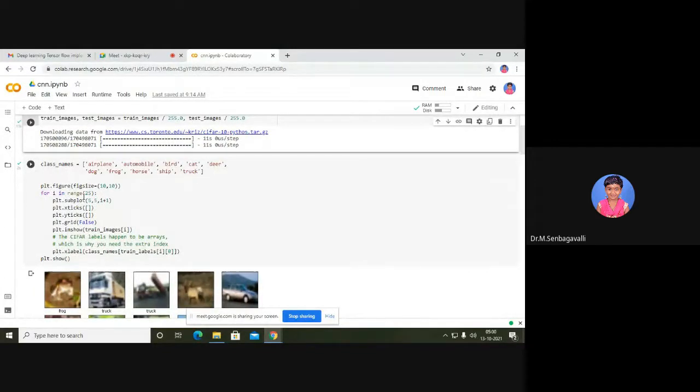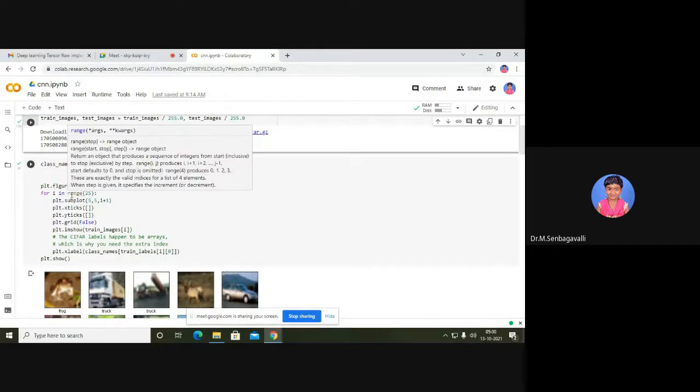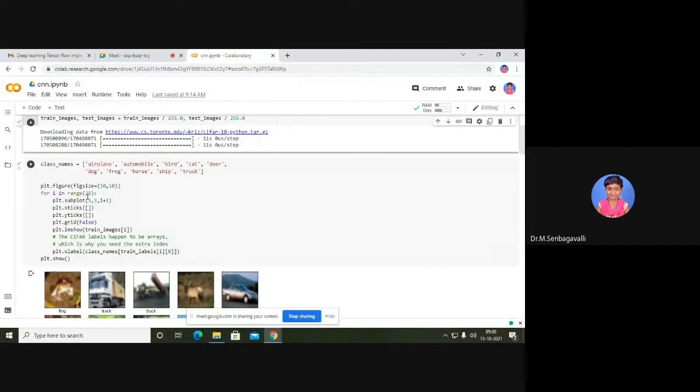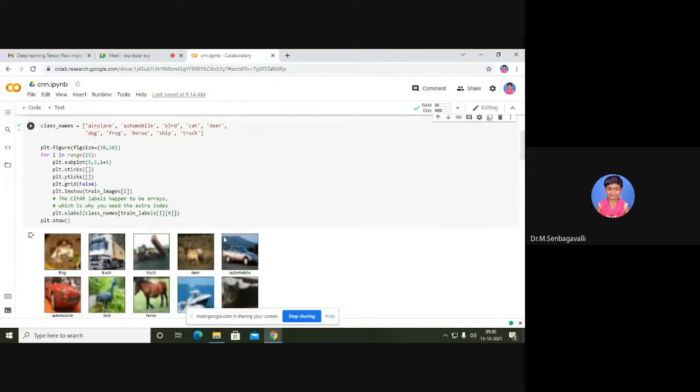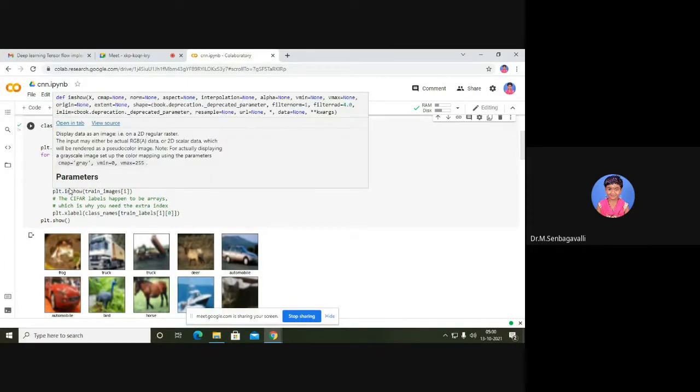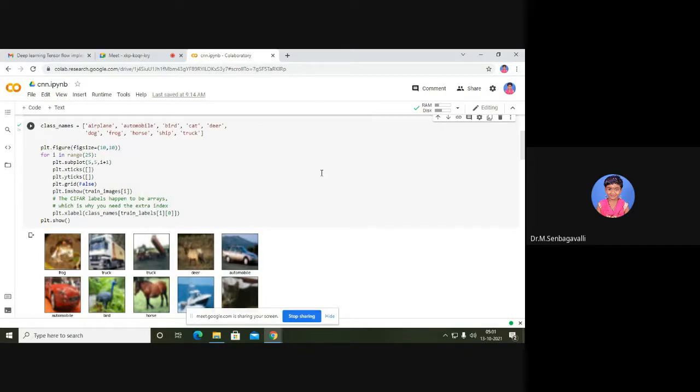Now we are targeting displaying only the first 25 images in the data set. So for that, we are using a for loop here, for i in range of 25. These are all sub functions we have to use, and without them it will not work, because it has to show a number of rows and number of columns. In subplot we have to pass parameters: the number of rows, number of columns, and the index value. Apart from that, we have the figure size function.